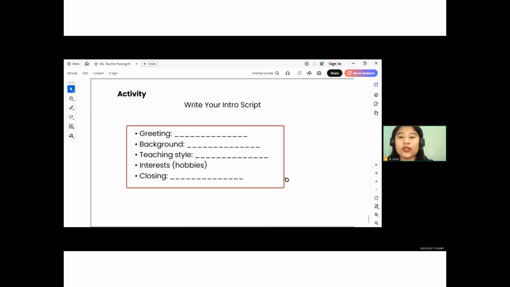Please avoid this one. When you are making your introduction video, do not move a lot. Minimize your movement. Sometimes moving a lot is distracting. You can show your TPR, it's okay, but minimize it. You can show your stuffed toys or your realia, and that's fine, but minimize it. Be professional, be calm, and make your introduction video as clear as possible, and make it attractive and effective too.